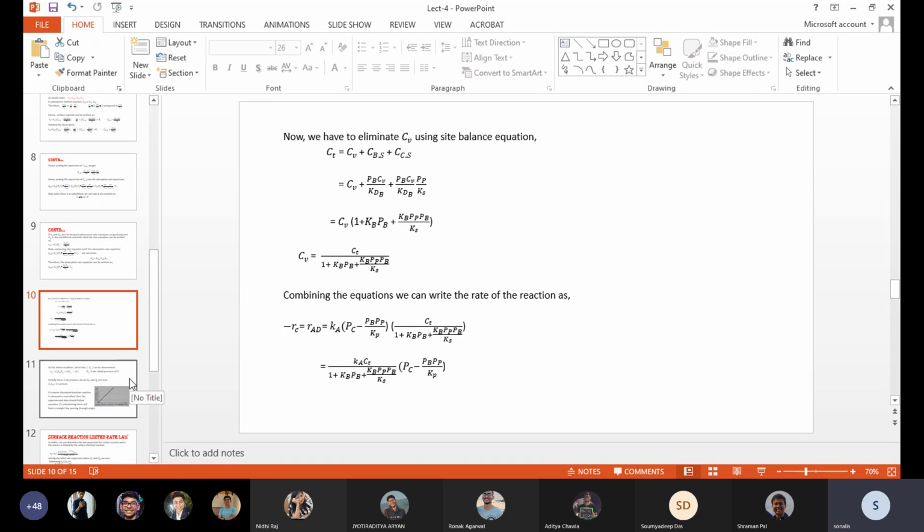Now look at this. This is obviously a big rate expression. It is not like a homogeneous one. You can understand, I hope. In homogeneous there is a simple rate expression, but this is a heterogeneous solid catalytic reaction, so the rate expression is something different. Here adsorption is there, and adsorption, desorption, all these steps are there.